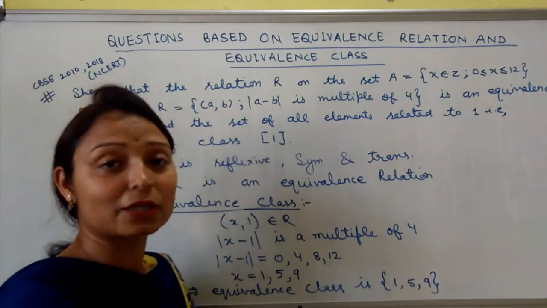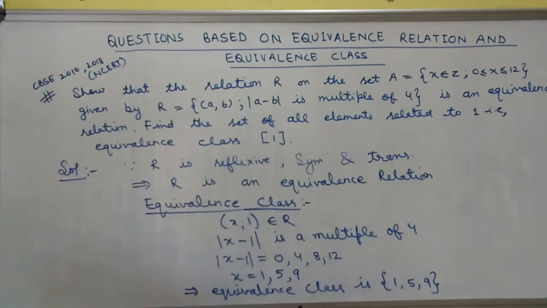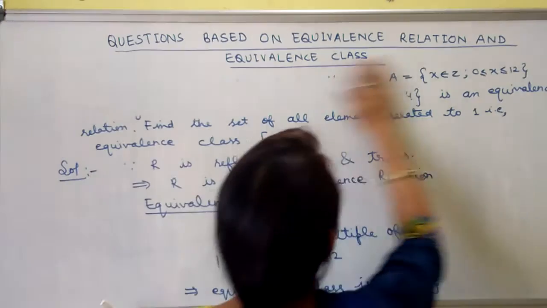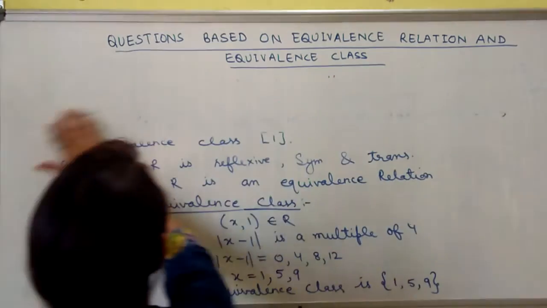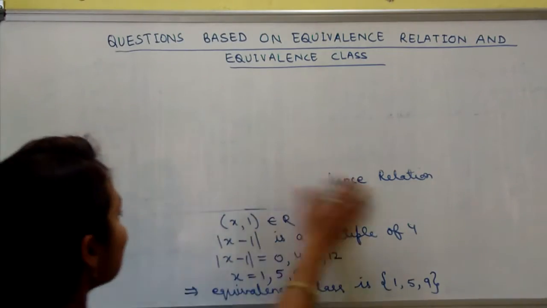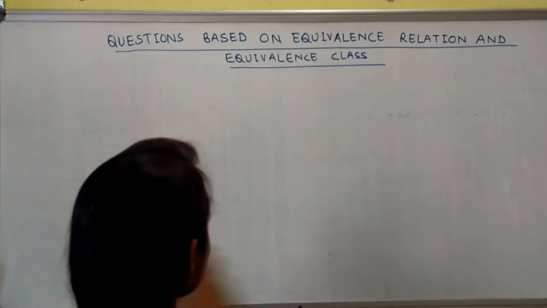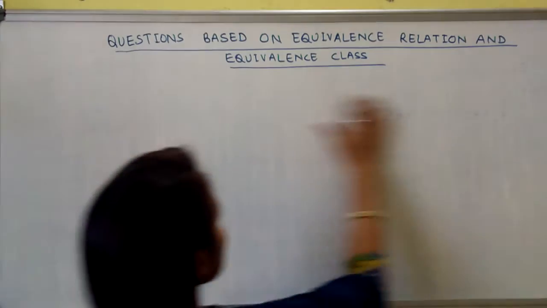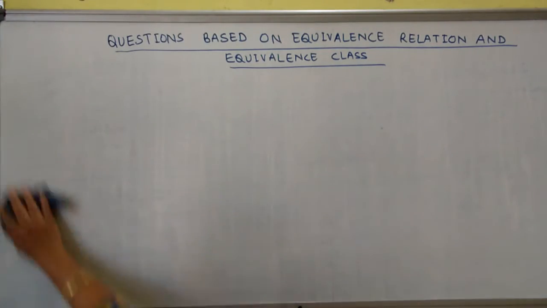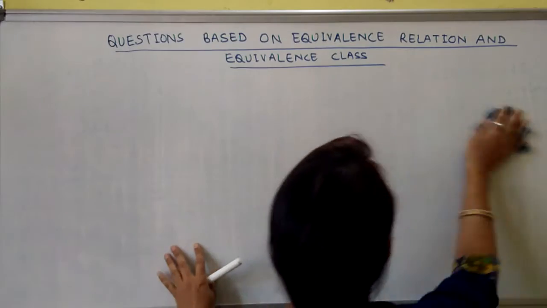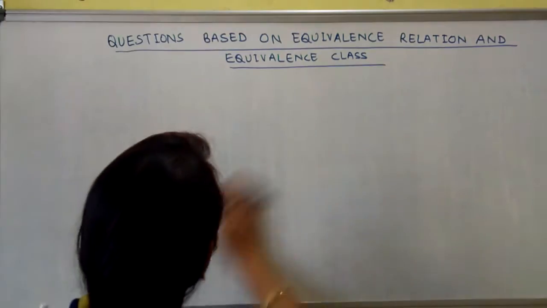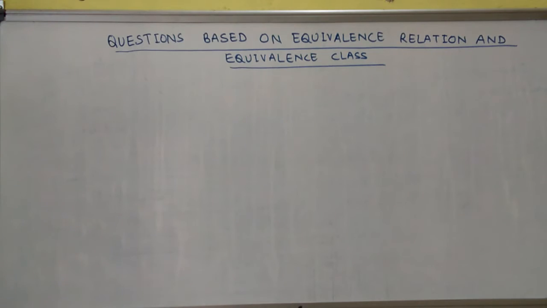Okay, now come to the second question of your CBSE board exam. So I will write that question that is different. This is a very simple question, but it is about ordered pairs. How can we solve that question, and there we have to find out the equivalence class also. The set is given to you. What is that set and what is the statement of that question? I will write it in short form. Okay. The question is